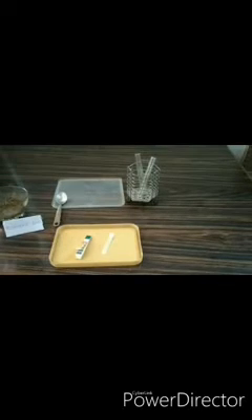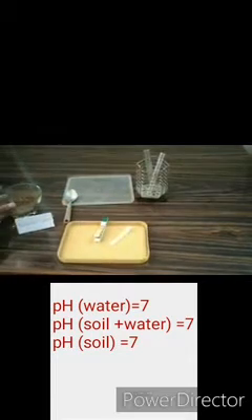So as we can see that our pH paper is completely dried, we'll note down the color and compare with the color chart given on a broad range indicator paper and get a rough estimate of pH of the sample solution. So as we can see here, the color coming on the pH paper is of range 7. So we can say that our roadside soil has a pH of 7.